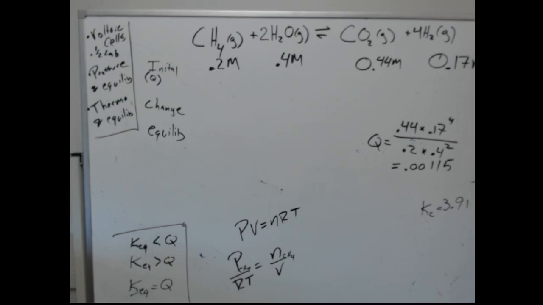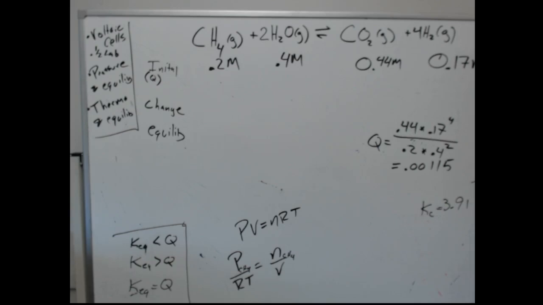Well, in that case, we have to take into account the fact that the pressure effect is going to have essentially a 4x effect on the hydrogen gas, a 2x effect on the water vapor, and only a 1x effect on the CH4 and CO2. Right? So increasing the pressure of all of these things at the same time, the only way you could really do it is by decreasing the volume,